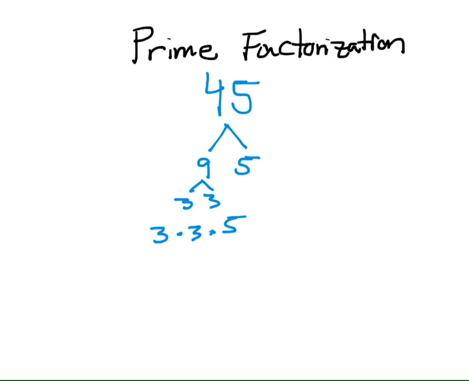Again, the order doesn't matter. You could do 5 times 3 times 3, or 3 times 5 times 3. Order doesn't matter because it's multiplication. This is what we call the prime factorization of a number. We've done these in grade school. We've seen these before. Then we move on to